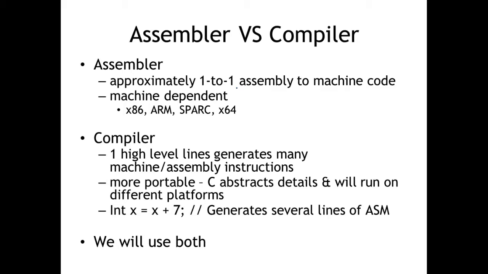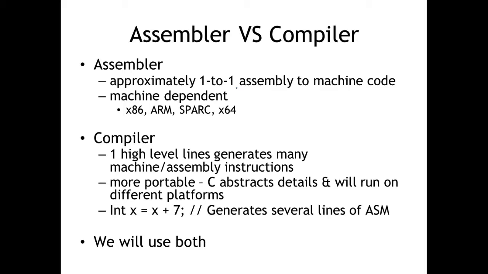There is a difference between an assembler and a compiler, and we won't go too deep into the real hardcore difference between the two. That is something that we do talk about more in the reverse engineering course. With an assembler, you get approximately a one-to-one assembly to machine code. So when you type a command, add EAX EBX, then you get one instruction for it in actual machine code. With a compiler, you can have one line of code, and that can generate many lines of